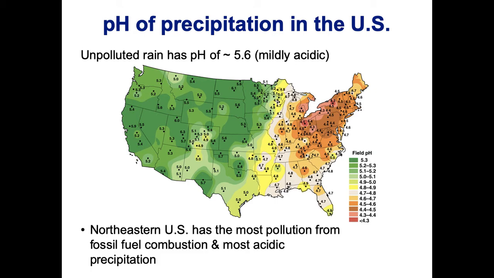So if you'll remember back from chemistry class, a pH of 7 is neutral. And if it's lower than 7, that means it's acidic. So you can see here, normal rain has a pH of about 5.6. So the green parts are close to a normal pH of rain. The red, which gets down to pHs in the 4s, is much more acidic than what rain would typically be. And you can see that most of this is in the northeast of the United States, where we have more people, more traffic, more factories.